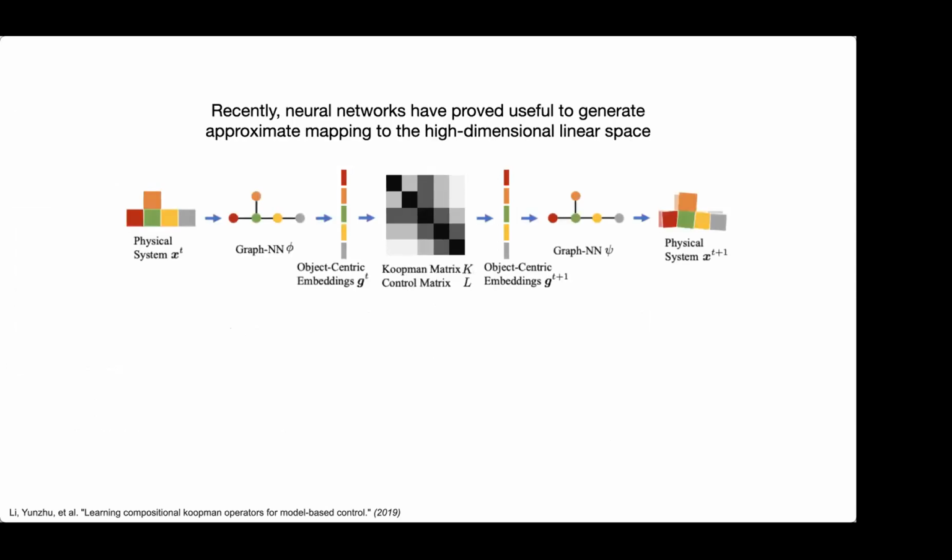However, now with neural networks, this has become a booming field. Doing Koopman to things is becoming a very, very big deal, and it's become surprisingly effective. Here's a paper that came out recently in which they were able to model swinging ropes and soft robots in the high dimensional linear space and actually control them pretty effectively to reach goals. Now, this is not using anything formal for the planning and analysis, so there's no safety or goal guarantees, but it works pretty well even using really simple controllers.